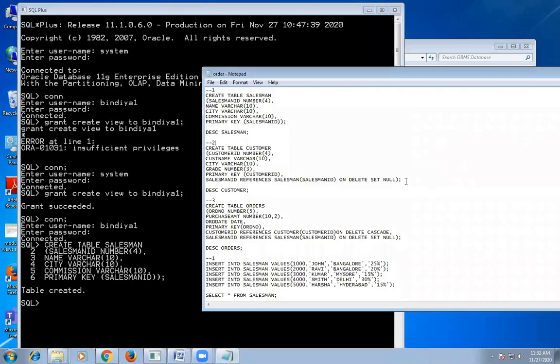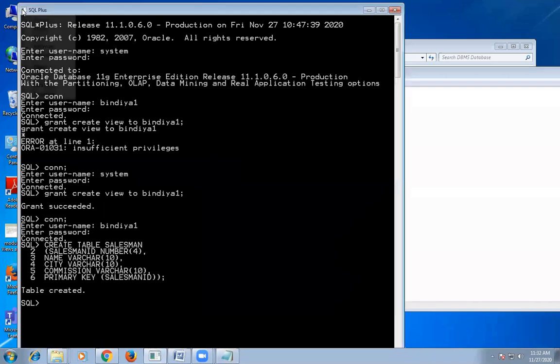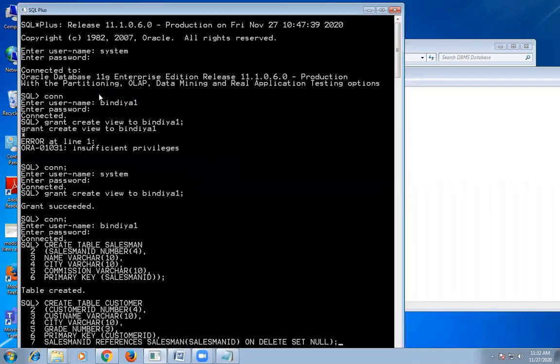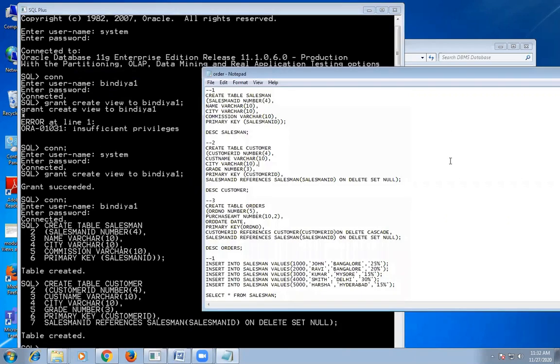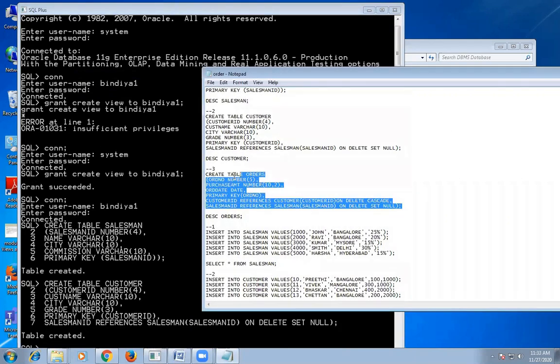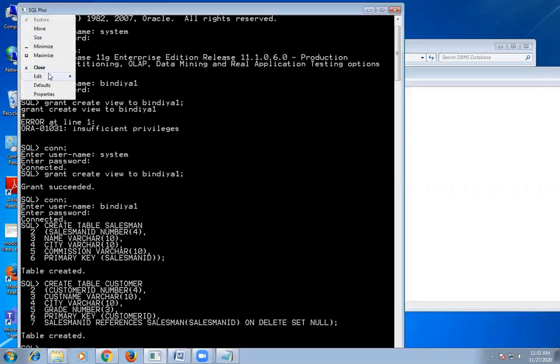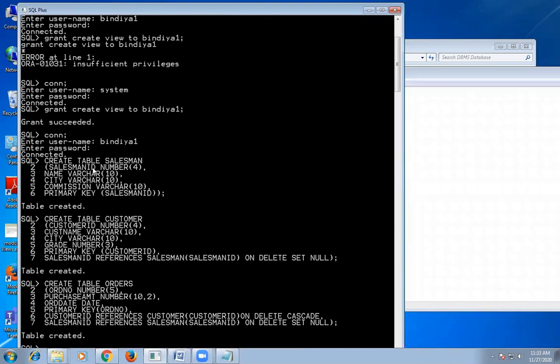Because I've already created them and kept them in one particular notepad file here, you just go to the SQL client, edit, then paste, then press enter. You can see that the table has been created here. Then Control C, then go to here, edit, then paste here. Then enter. So now you can see that we have